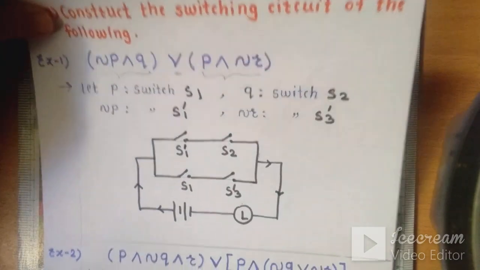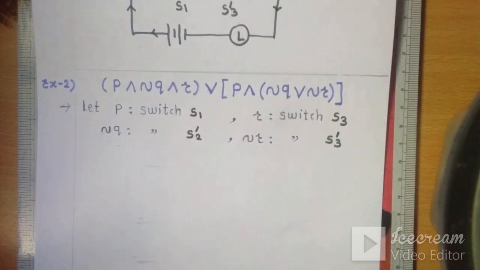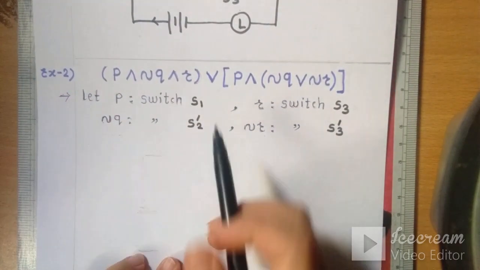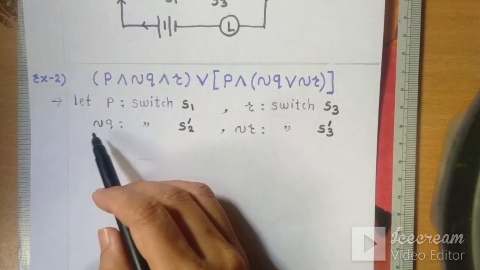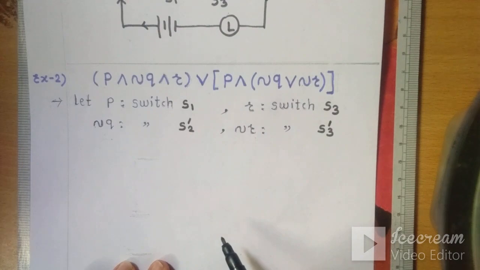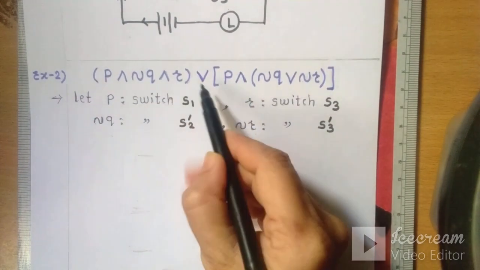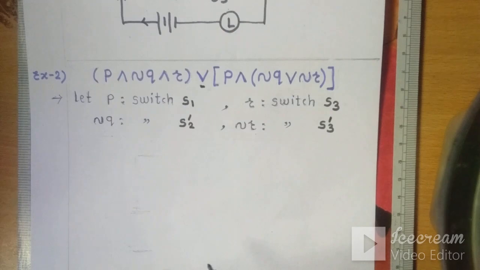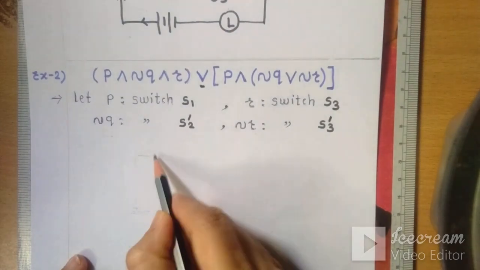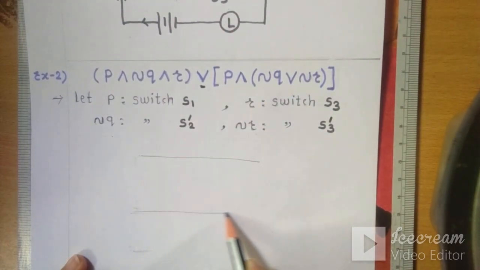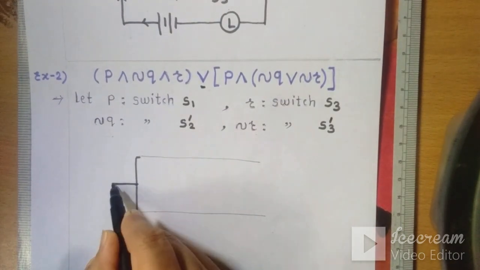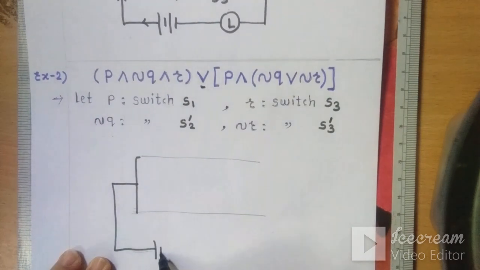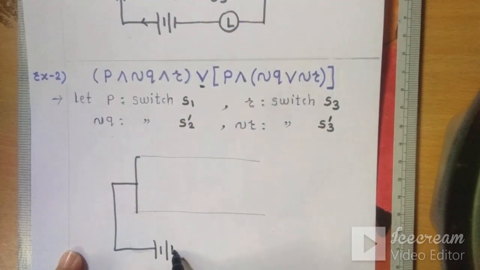Now let's look at the second example. This is the given statement pattern, and I have already written P means switch S1, R negation Q and negation R. Now again check, there are two brackets and disjunction symbol between them. That means again there are two lines in parallel. And now attach here battery and then lamp,